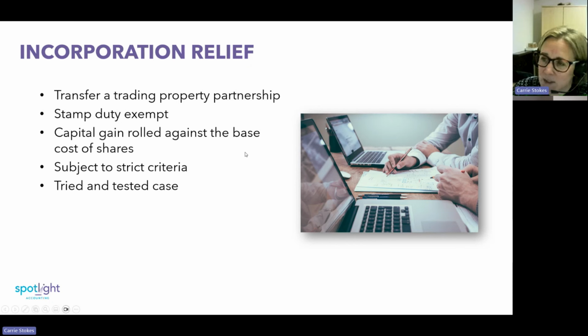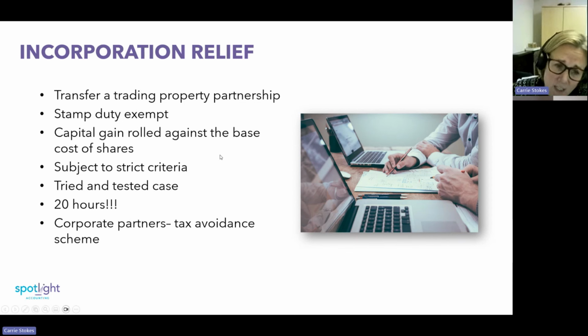It has been a tried and tested case at court. There is the Ramsey case, which they won. And the biggest thing within this case, and the reason that they won, was because they could demonstrate that they worked over 20 hours within the partnership. So if you've got a full-time job and you have the properties managed, it is really difficult to prove that you will qualify for incorporation relief and this tax efficient way of